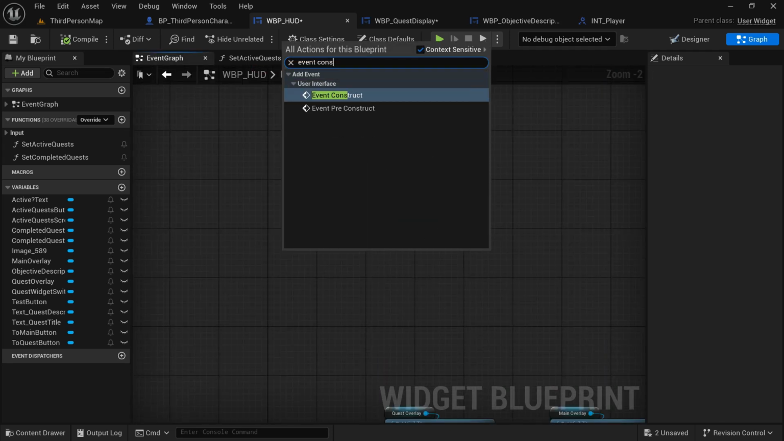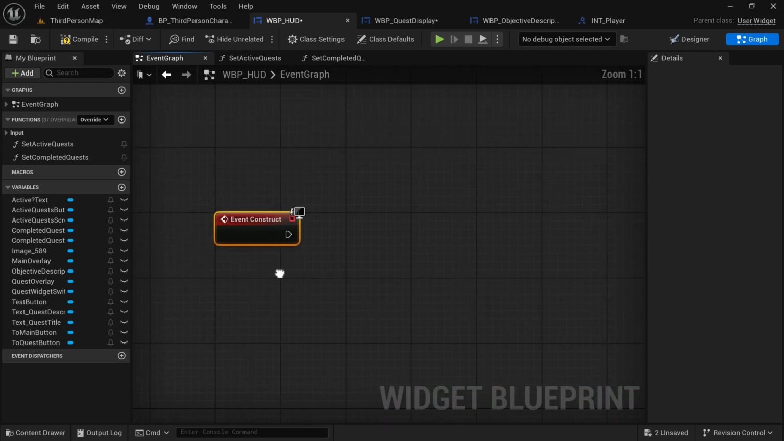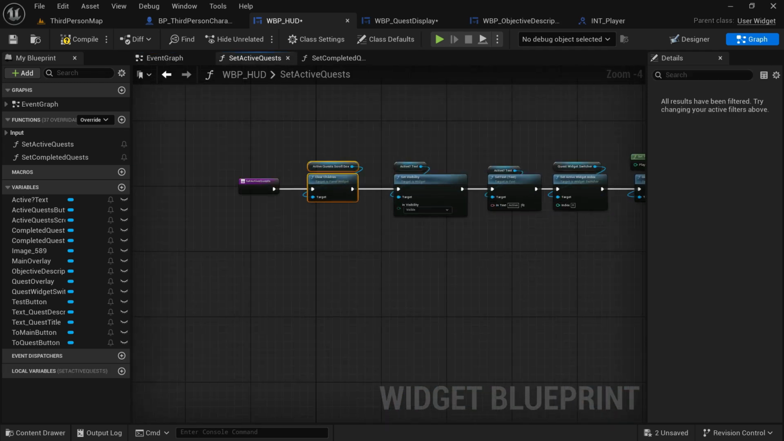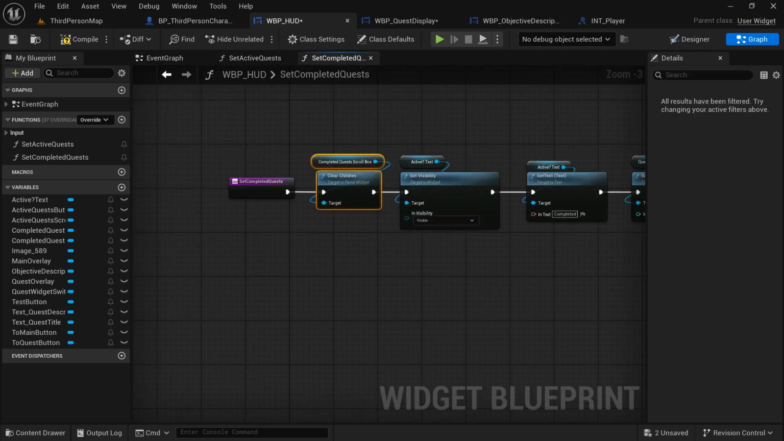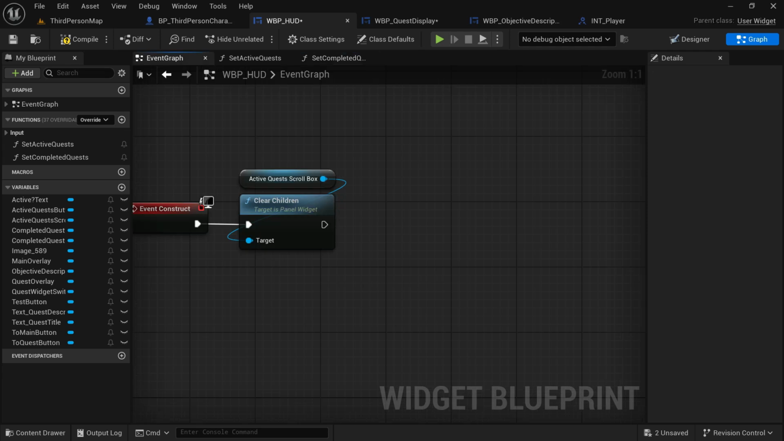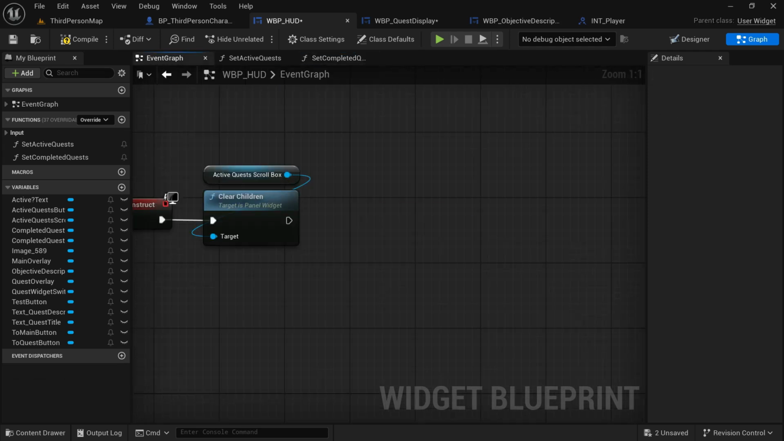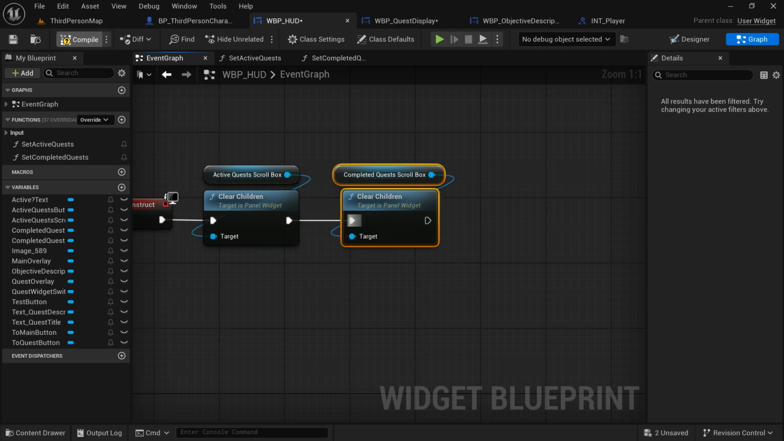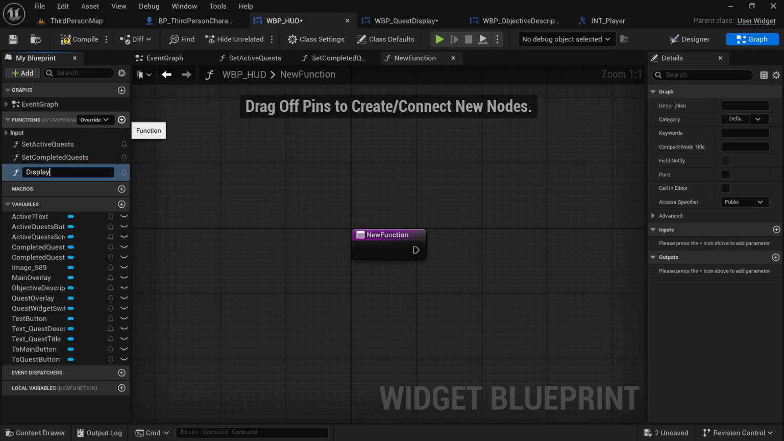So we're going to go back to the WBP HUD, and we're going to say event construct. Every time we run event construct, we're going to clear both of the scroll boxes just to make sure it's been reset from the last time we opened it, and we can make it again. So get the active quest scroll box and the completed quests scroll box, copy and paste it over and search for clear children, or you could add them in again. Compile that, save that, go back to our quest display, and we're going to make a function in the HUD